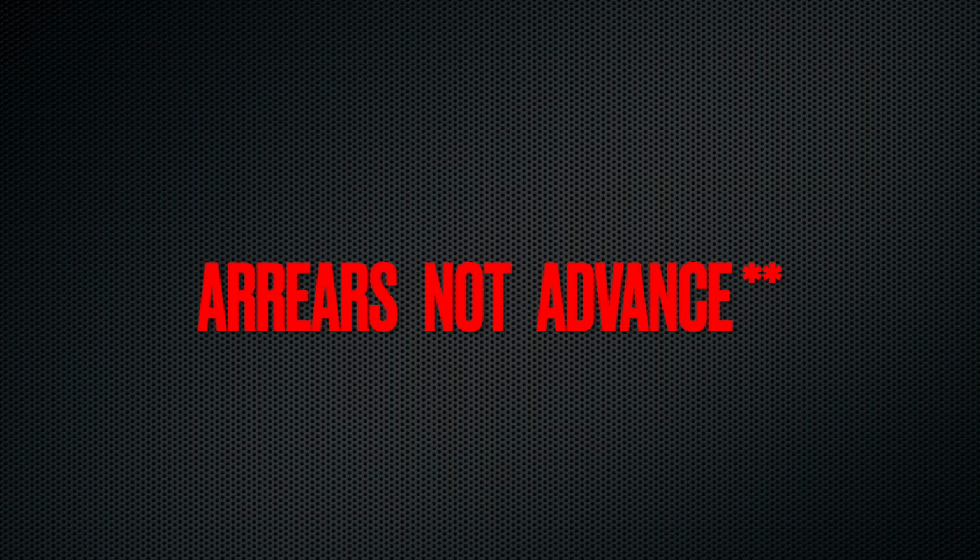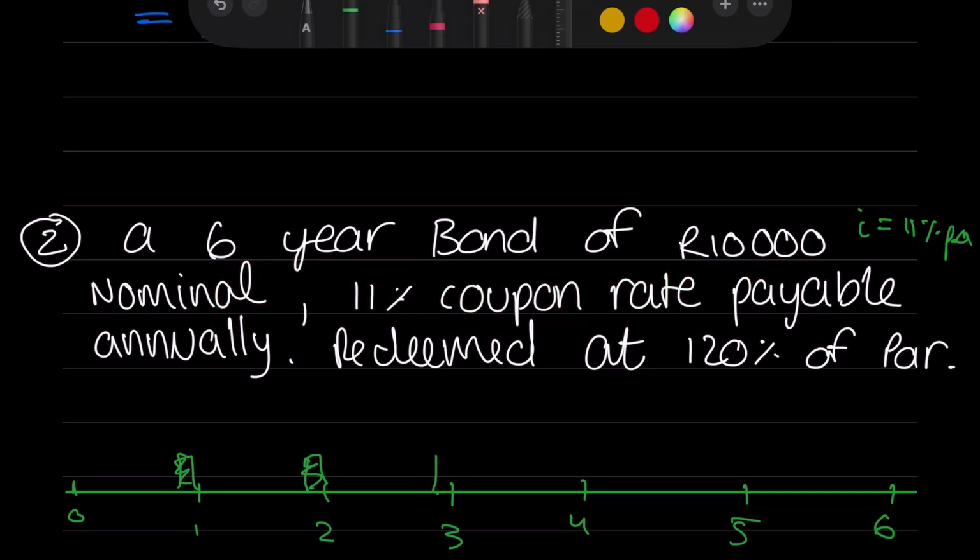So here's one coupon, one more, and the last coupon would be there. And then we're going to have a last payment over here with this 120% of par, which would be 10K times 1.2, and then at the beginning there would technically be a downwards arrow because we paid 10,000 for this financial